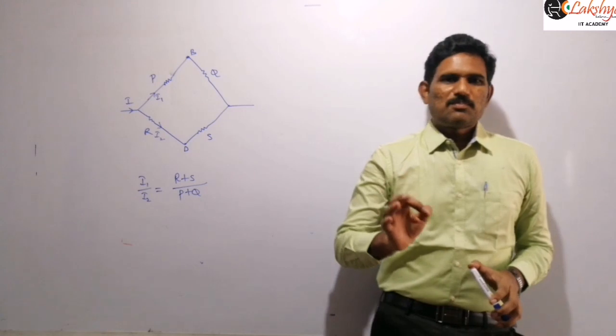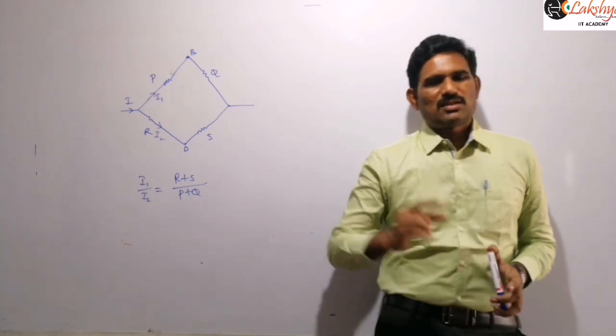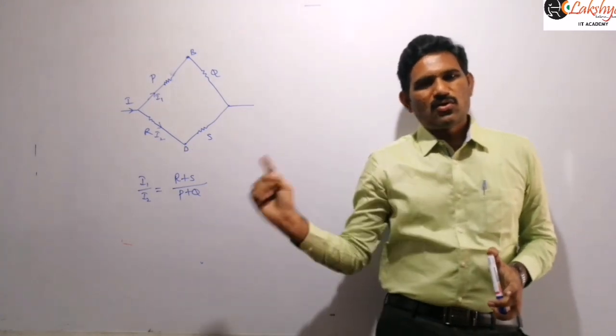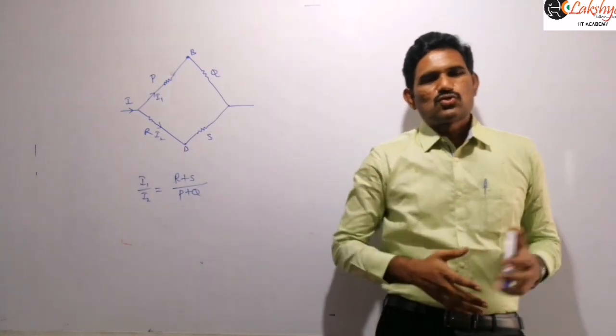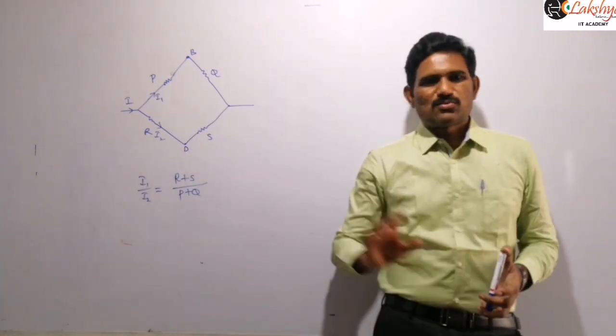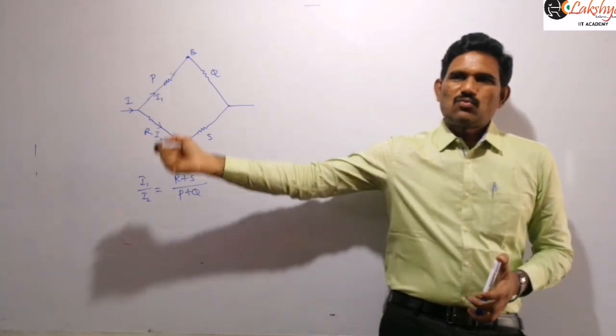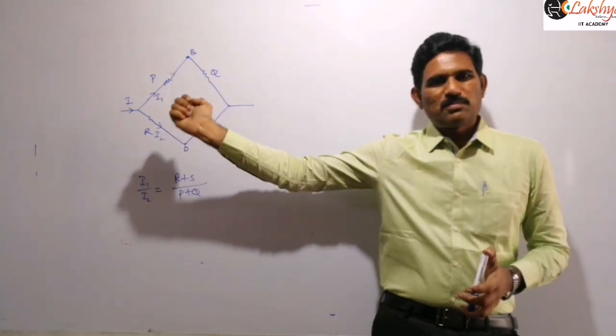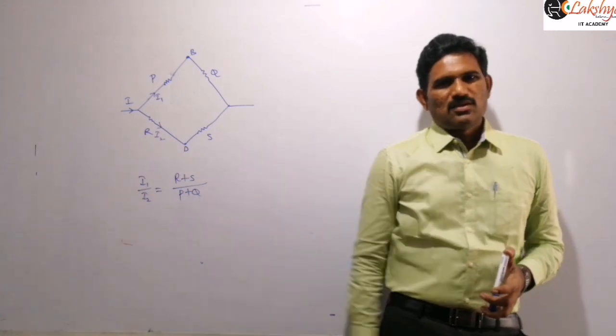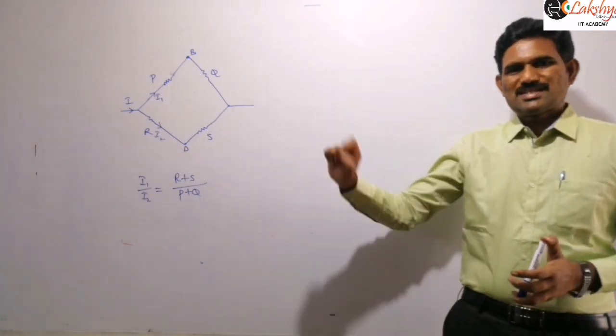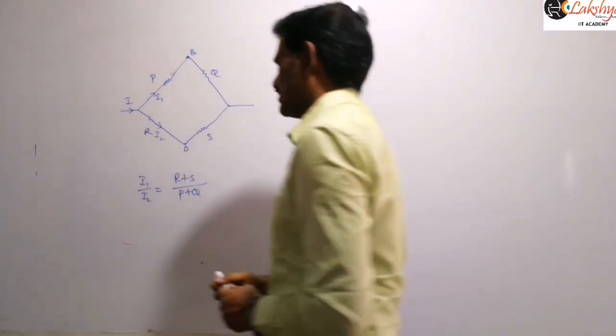Now what I am saying is, if the given bridge is not a balanced Wheatstone bridge, and they simply ask the direction of current, whether it is flowing from B to D or from D to B, then for that I am doing the calculation. Suppose the given bridge is not balanced, and whatever resistance is connected between B and D I am eliminating now, so that we can identify which is at the higher potential.